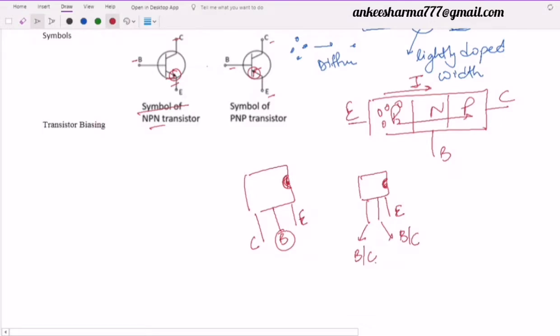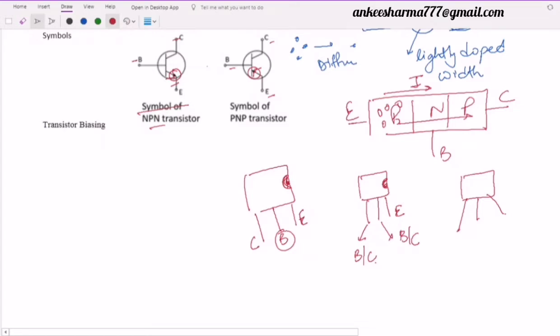I will explain how, if we have a transistor and we don't know which is my emitter, which is base, and which is collector. For example, if we don't have a notch over here, and a person has made a transistor like this, how will we find which terminal or leg is my emitter, base, and collector? So I will discuss that.